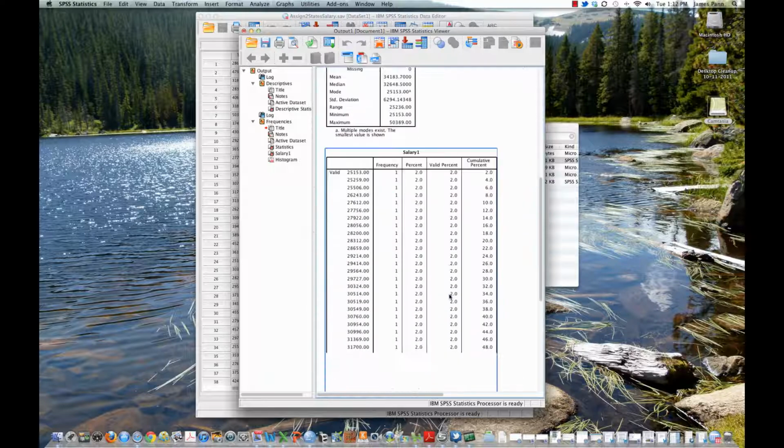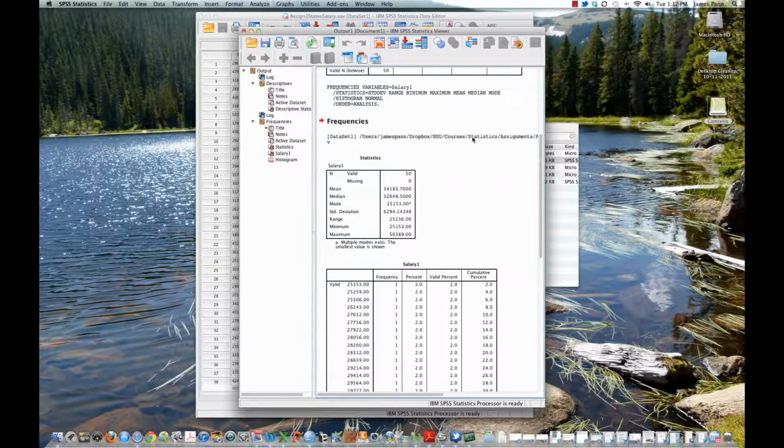So here, you can see the output, and you can copy and paste these tables into Excel or into a Word doc or whatever you'd like. You see the mean, the median, and the mode. Pretty cool. The mean is a little bit higher than the median, and the mode, which is the value that occurred most frequently, was lower than those two.